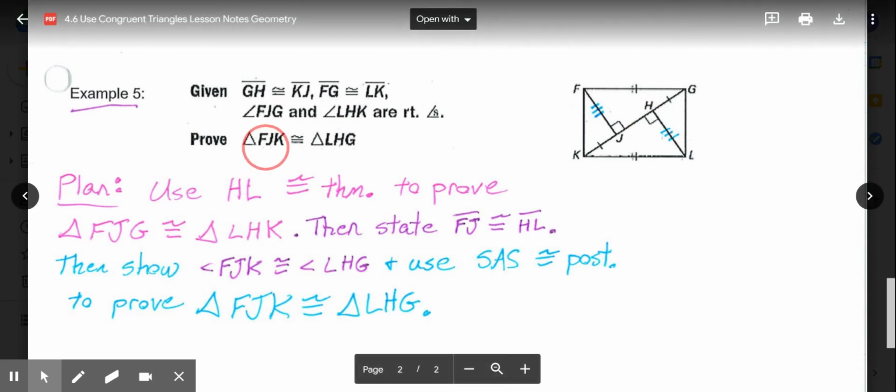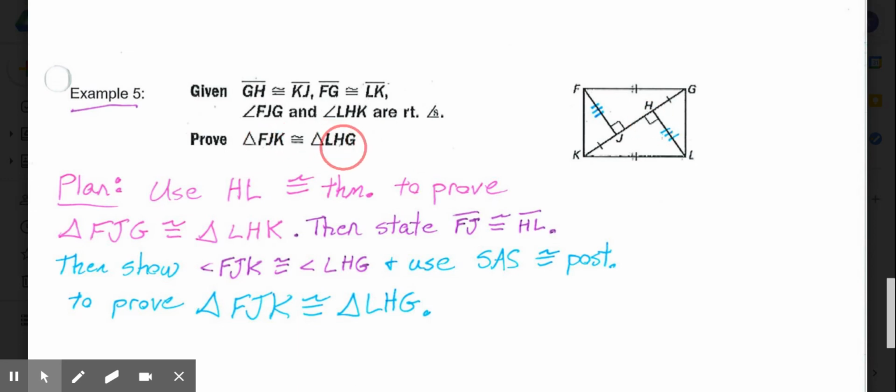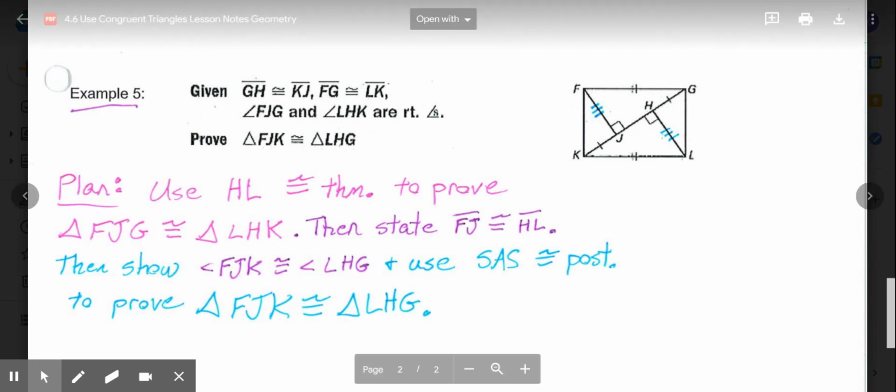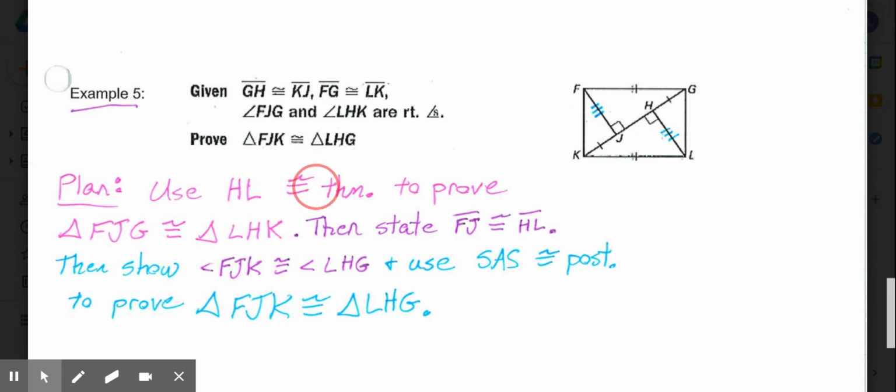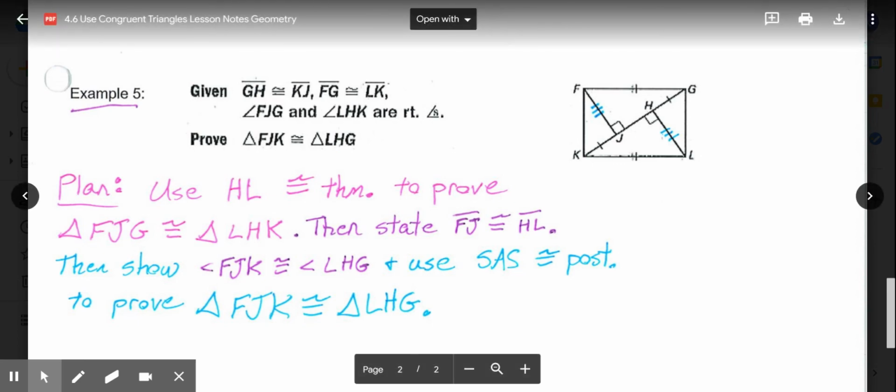We're proving triangle FJK congruent to triangle LHG. So LHG, the one over here on the right, FJK, the one over here on the left. So the plan is, because I'm dealing with right angles, I know that this FJK is a right angle, and I know this GHL is a right angle. So I'm also using that info to start with using hypotenuse leg to prove FJG